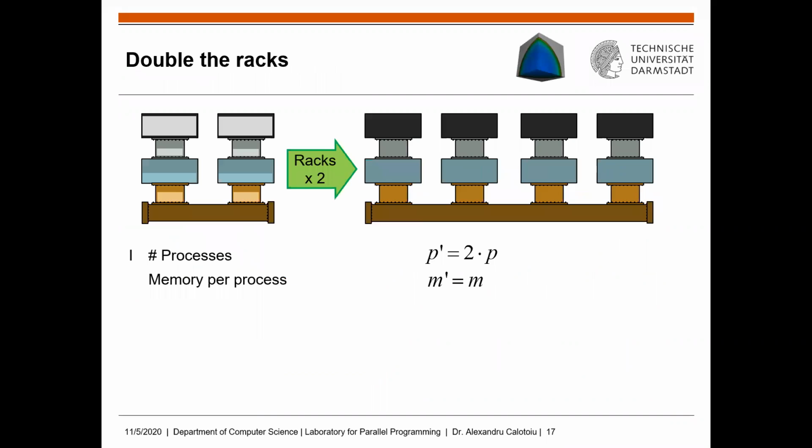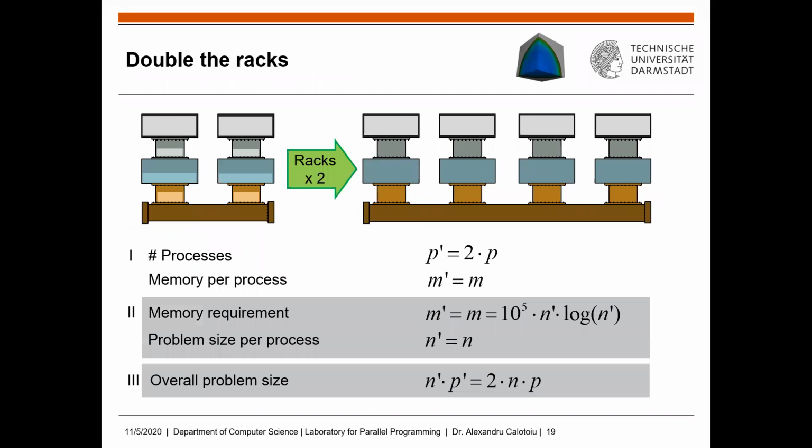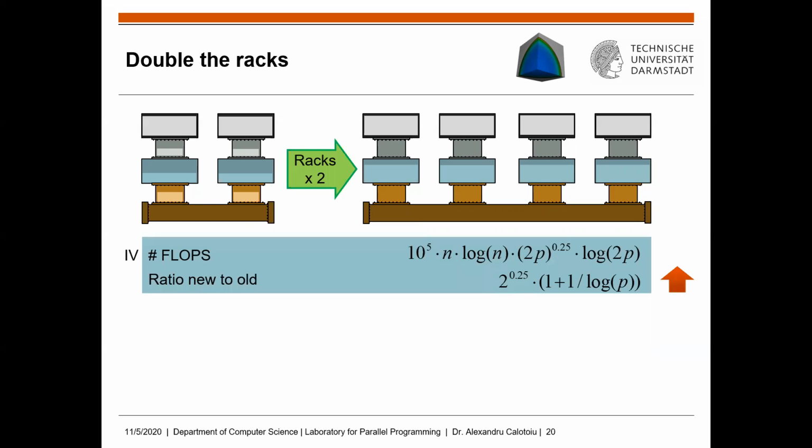To do this, we first apply the change to memory per process and number of processes to our models. First, we compute the memory requirement, which stays the same as for Lulesh. This did not change as a function of number of processes, which means that the overall problem size can be doubled. Now, using these new values, we can also compute the new formula for floating point operations, and very importantly,